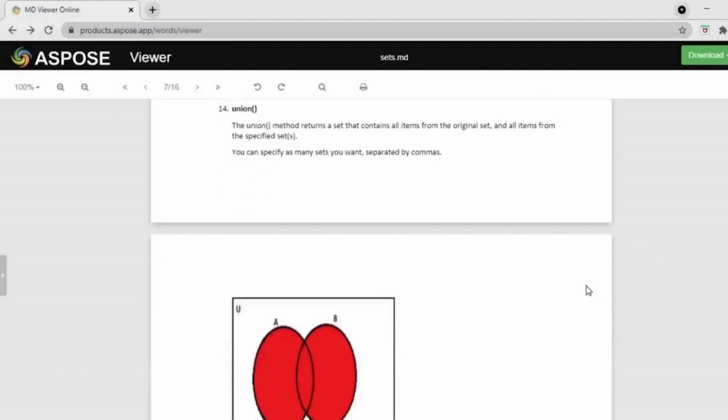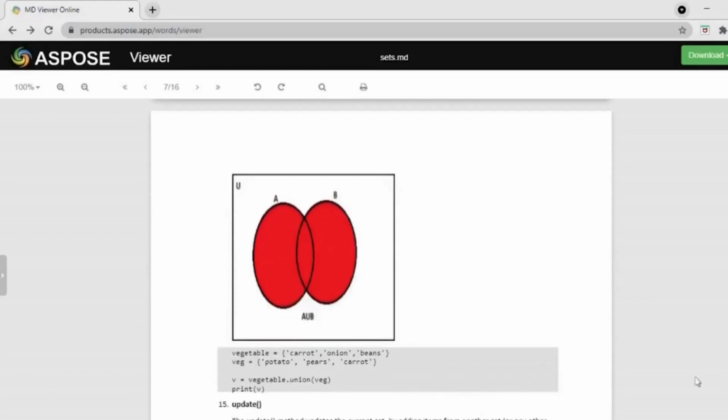Next is union. Union method returns a set that contains all the items from the original set and all the items from the specified set. That means you can see in this Venn diagram, if I tell A union B, then all the elements that are present in both, that is it can be in A, or it can be in B, or it can be in both.